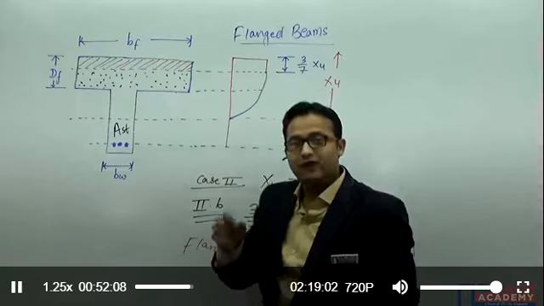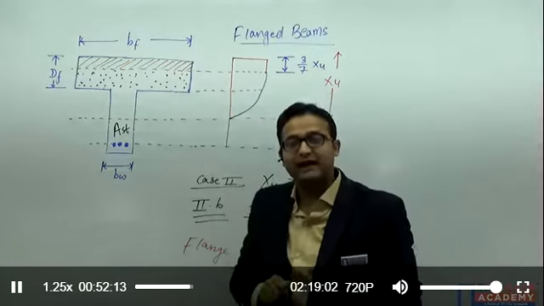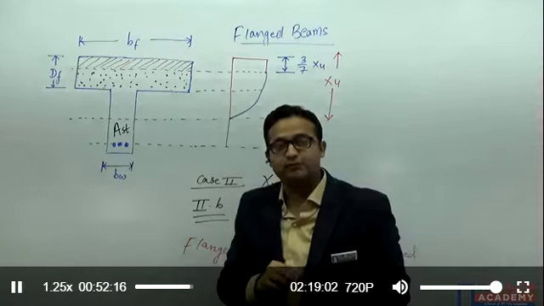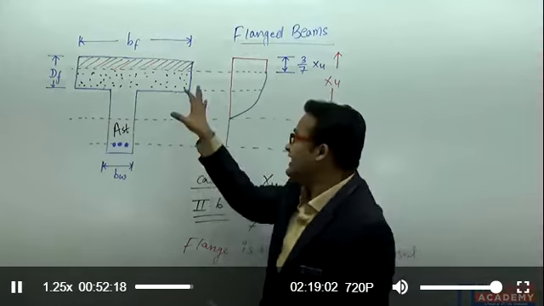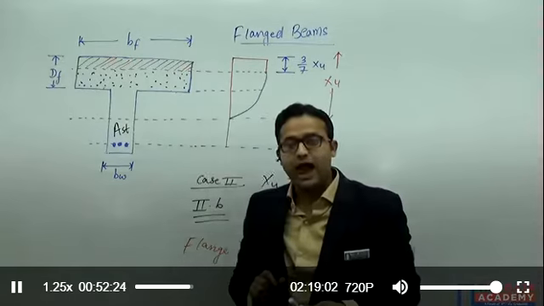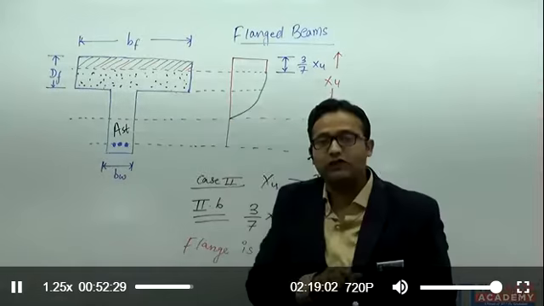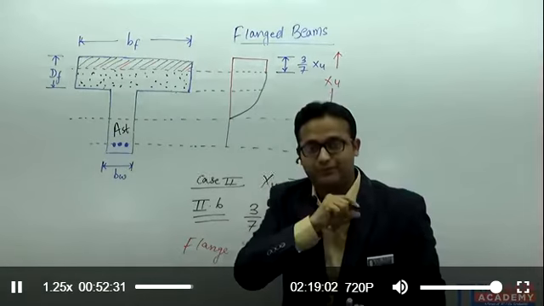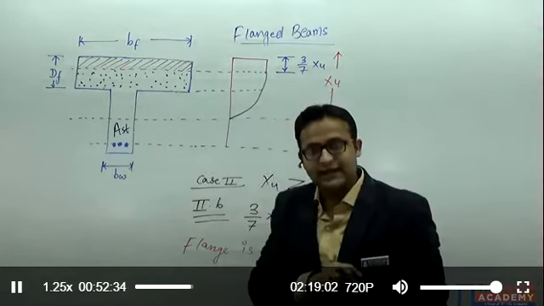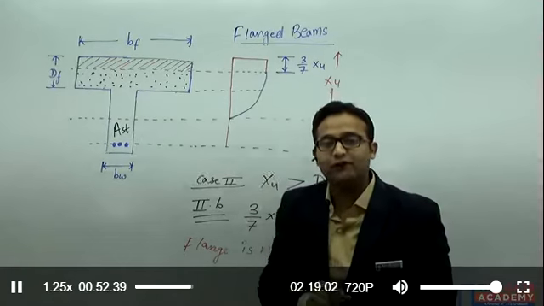But this time, I will not be considering the total depth of the flange. I will be considering the equivalent depth of the flange because I want to consider when I can analyze this figure. I can analyze this flange portion when it is uniformly stressed. But right now, it is not uniformly stressed. So I want to calculate the depth up to which I can consider it is uniformly stressed. And that particular depth is called the equivalent depth.